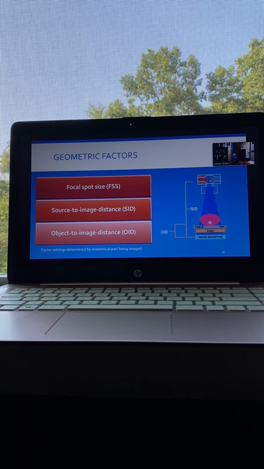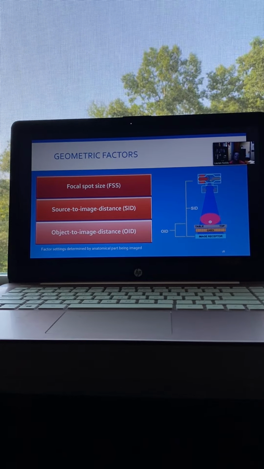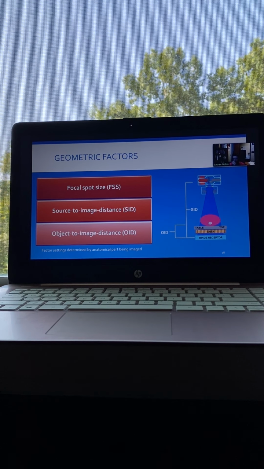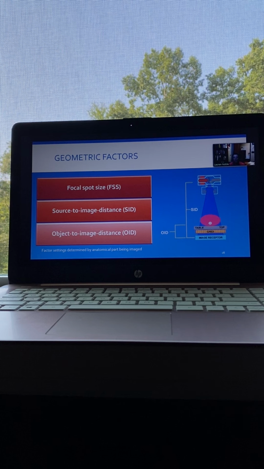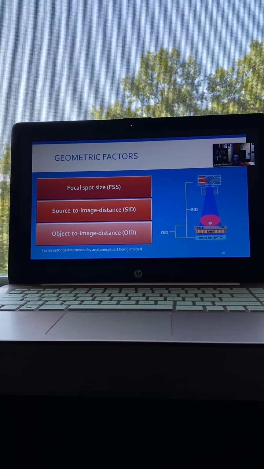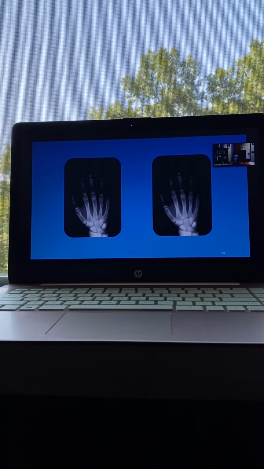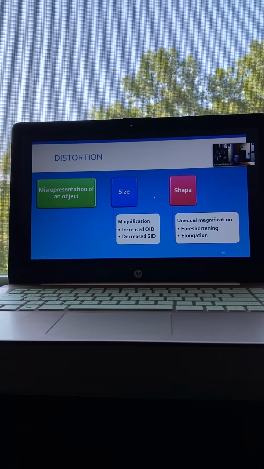Right. You know, the anode angle has an impact too, but we can't change our anode angle, but we can change our filament. So large filament versus small filament, because yes, like you said, Whitney, that impacts the effective focal spot size. So with the small filament, you get a small effective focal spot. With the large filament, you get a larger effective focal spot. Okay. So as far as the geometric factors are concerned,